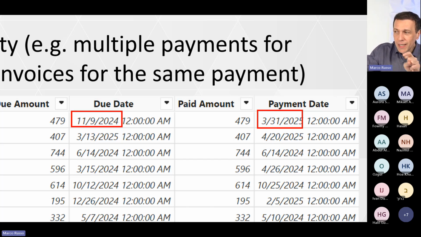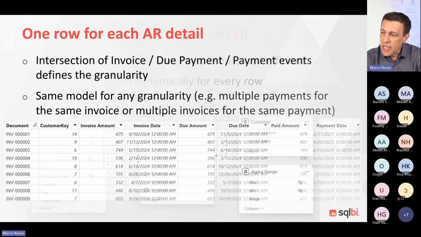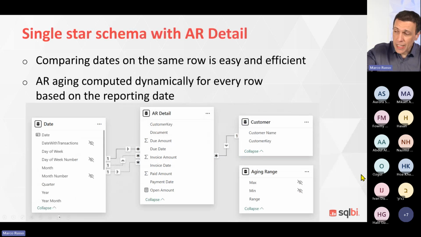But if we look at this line in the report for January 2025, the delay is not 4 months, it's just 2 months, 3 months, something like that, because we just have to measure the delay up to that point. This means that the same row in this table will project different buckets of aging range in different points of the report. That's the reason why we cannot create a relationship between these two tables, because this relationship is different depending on the date of the report. Okay, so this is the problem.